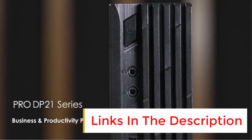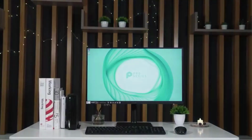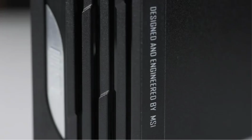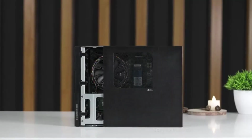Yet MSI's Pro DP21 delivers surprisingly perky performance in a petite package that can rest on your desk horizontally, perch on edge in the included stand, or hide behind a monitor or cling to the underside of your desk thanks to a VESA mount. It also starts at just